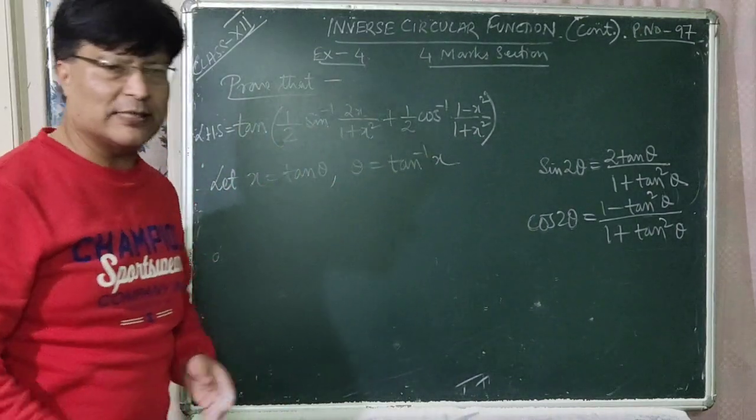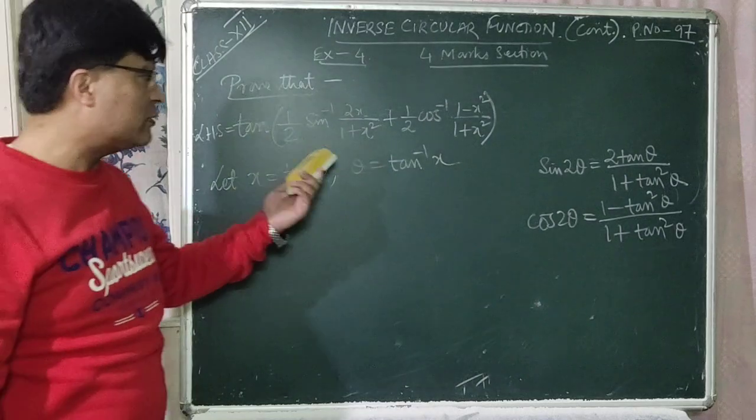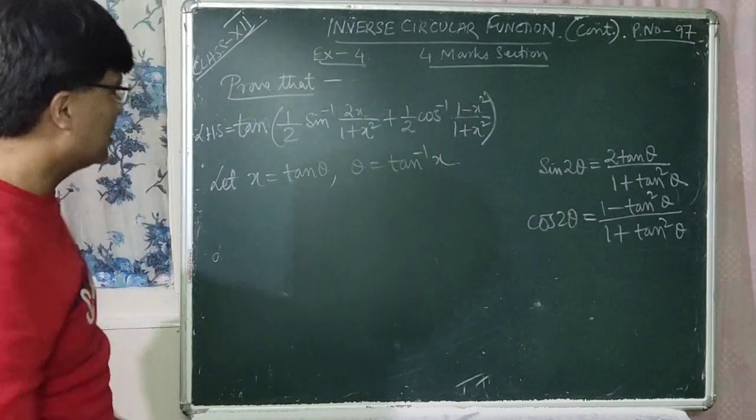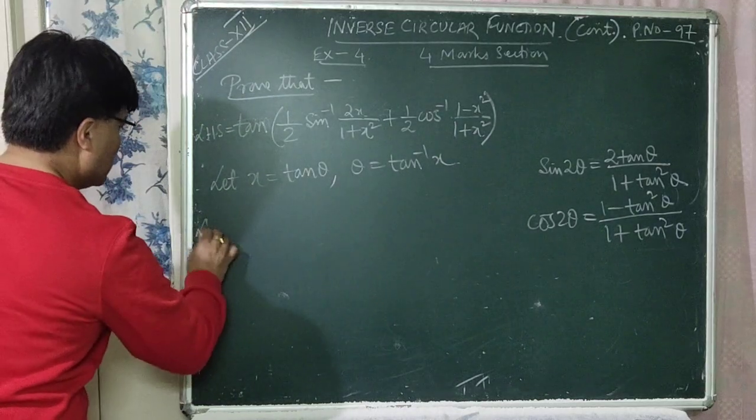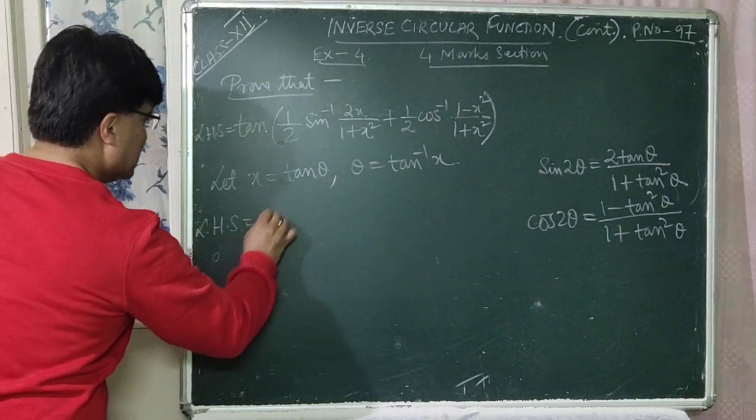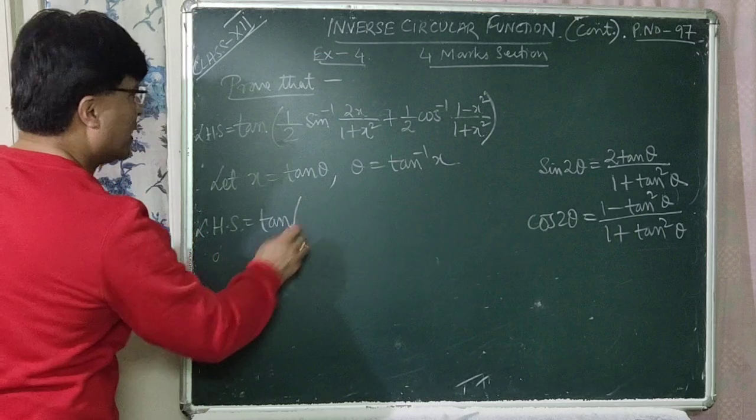So let us find it. Theta is equal to tan inverse x. Let us take theta is equal to tan inverse x. So LHS is equal to tan within bracket,